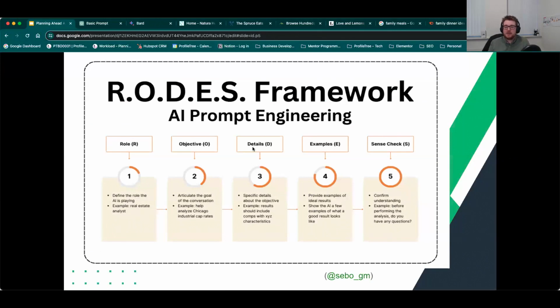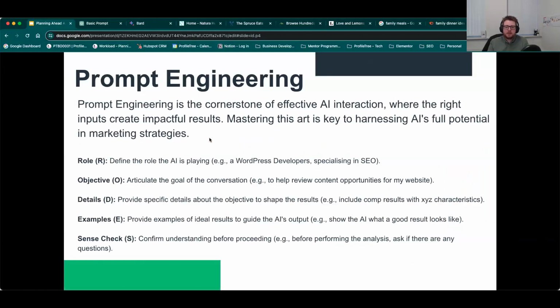On the next slide, you'll see what that framework actually looks like, and we'll give a wee credit to Sibo, the developer of this. But to run you through it very quickly, it's the RoadS framework. So we start with R. R is the role. At this stage, we want to try and ask ChatGPT to pretend that it is playing a role,